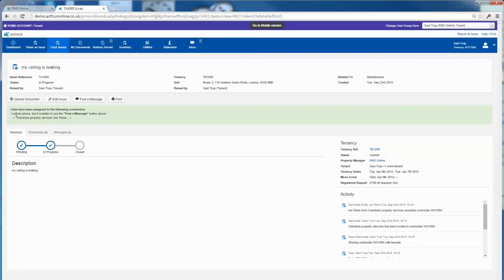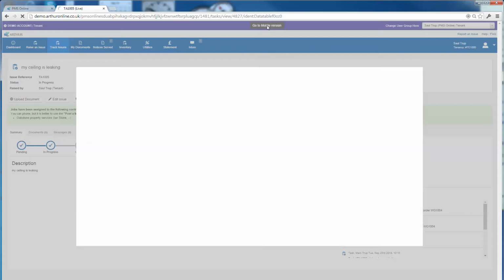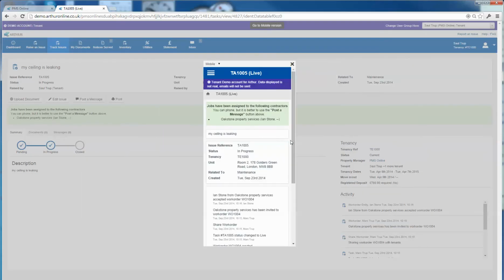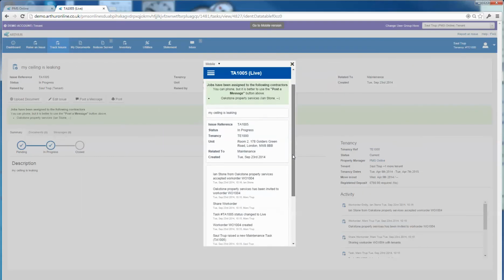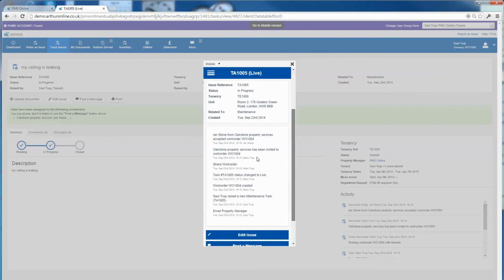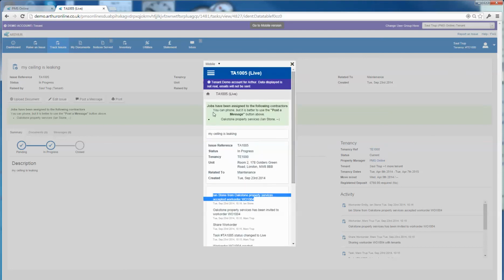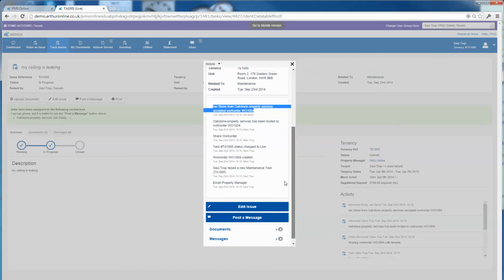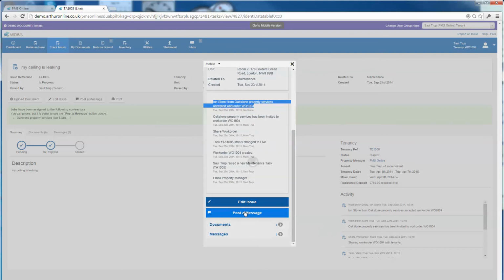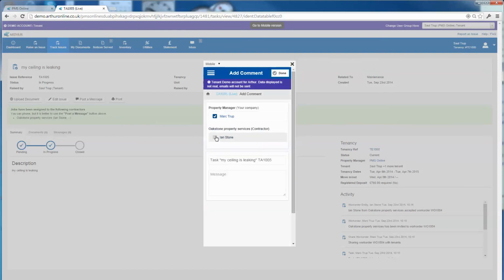Okay, so it's encouraging them to use a messaging system, and if they're on their mobile version, which often they are, there it is. Okay, that's the mobile for the tenant. So it's telling them they can see everything. The job's been accepted by Ian Stone. Okay, it's got Ian Stone's details. They can post a message to Ian Stone, which I'm CC'd on,